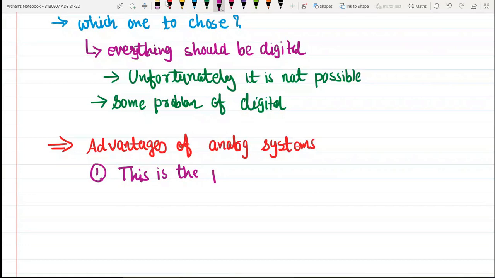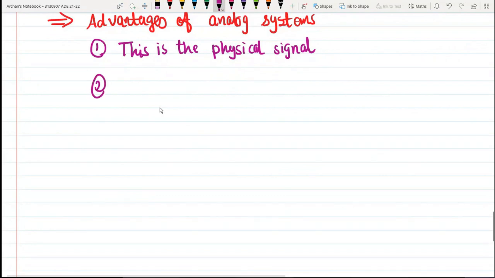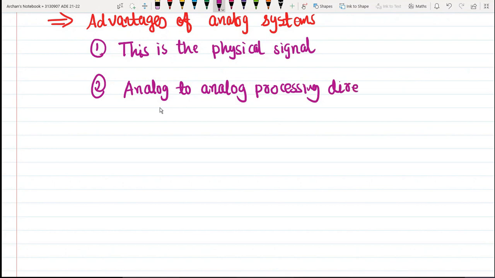This is the physical signal which is already available, so we need not convert this signal to any other form. This is its best advantage. Second, we will be able to process the analog to analog signal directly and it will be much faster. So the second advantage is that analog to analog processing will be done directly